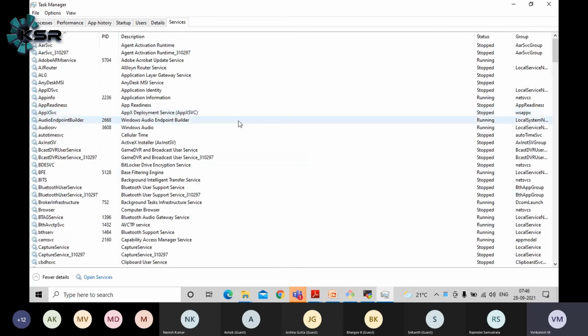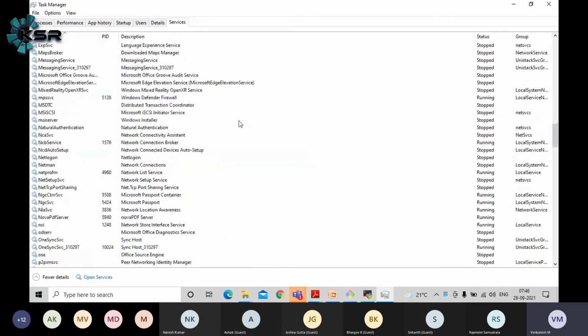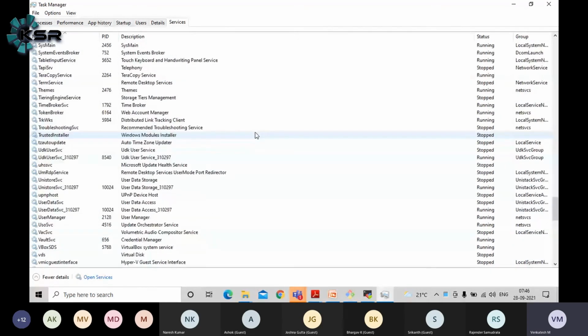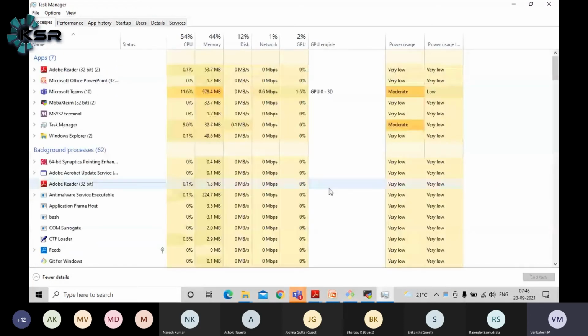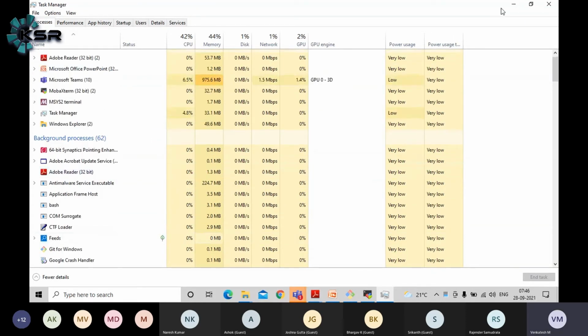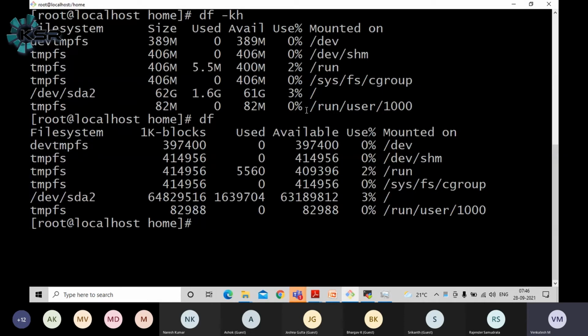Some different services, as you can see, how many processes are running, all the data. In Windows you will be able to see something like this, guys. Then how to do it in Linux? How to see the current disk usage, how to see a similar view? To do this, you can use the command called top, T-O-P.